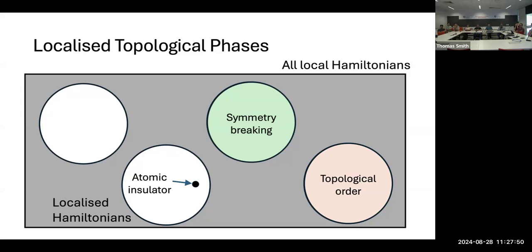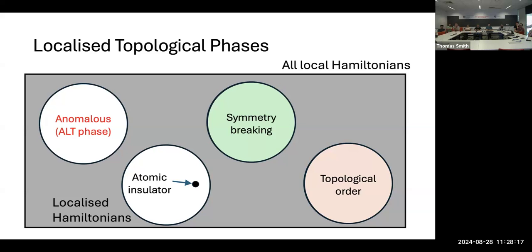But while this is some evidence that you have something which is not in the trivial phase, it is not a necessary condition. There's one of these things which I haven't colored in as being some kind of eigenstate ordered phase, and this can happen. These are the phases which I want to call these alt phases. These are localized phases which I cannot connect to the atomic insulator, but for which there is no particular kind